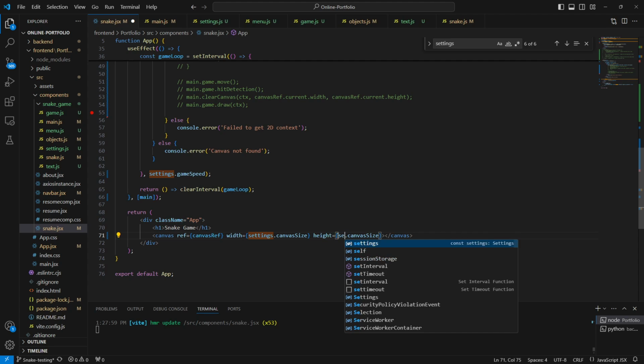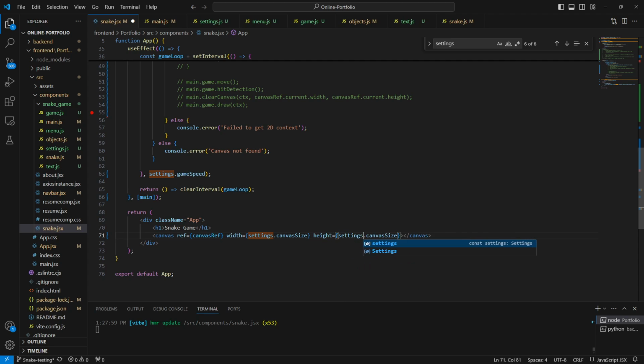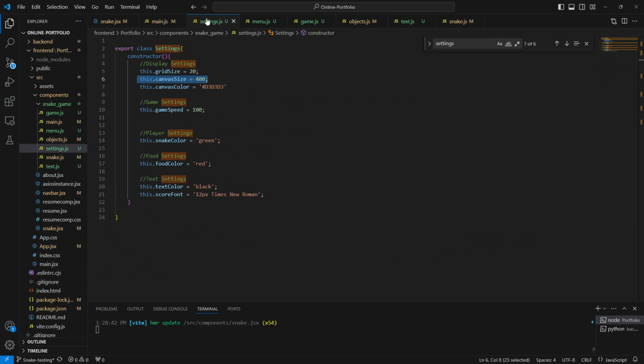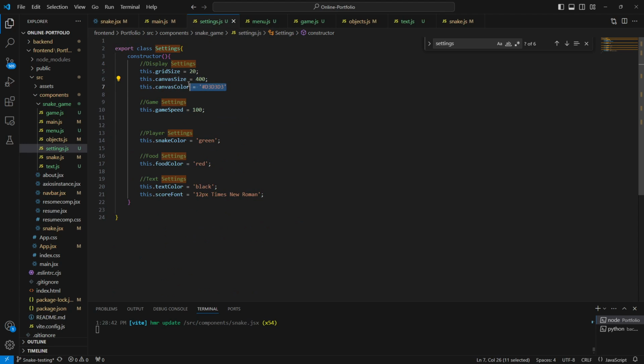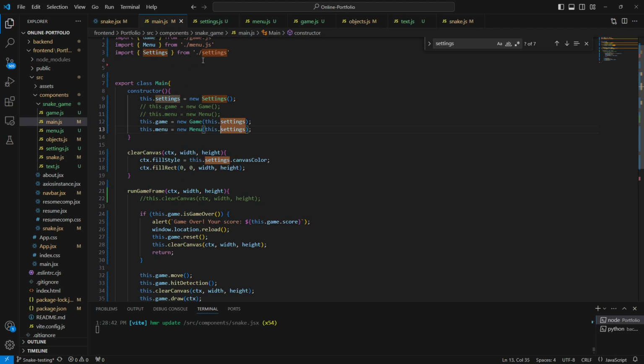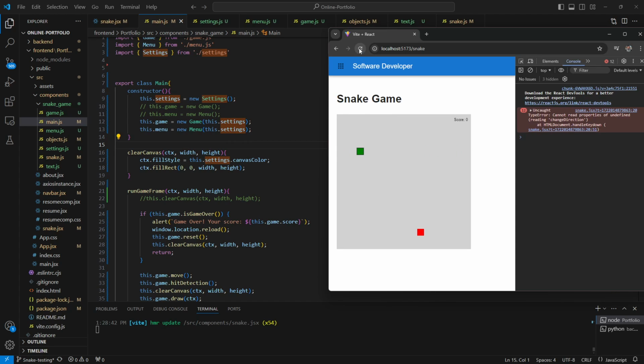So I wondered if doing it the other way, I wonder if that was getting undefined, and then maybe it was clearing to an undefined color. Like maybe we had the color here, but when it tried to access it from the direct import, it was undefined for whatever reason, and it just defaulted to black, maybe. But here we go, we're back. However, as you can see, when I actually try to play the game, I'm getting